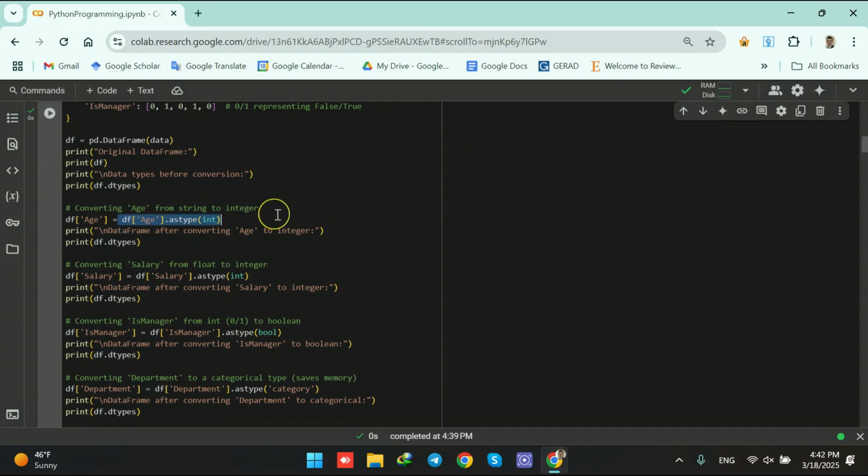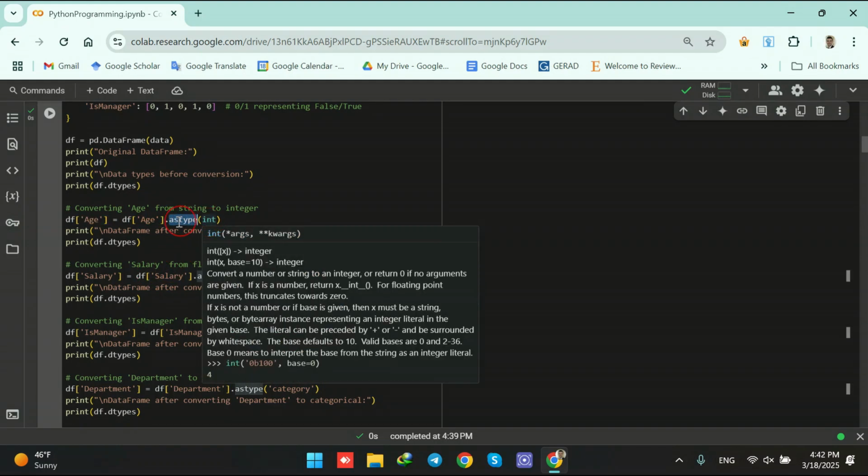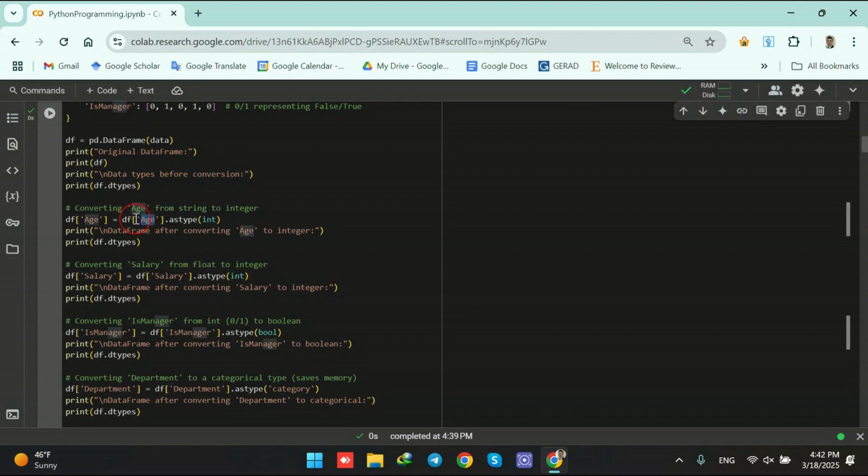So on the right hand side is what I would like it to be, and on the left hand side is what it is currently. So now I'm calling the age column from the df data frame on the left hand side, and I'm assigning this to this. So I use the astype function to convert the age column from the data frame df